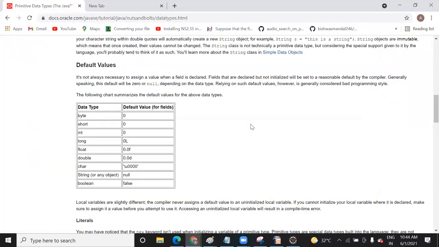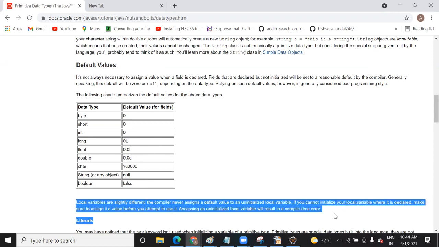So this completely depends on your compiler also, and in which scenario you are writing, whether it is a global variable or a local variable. That's the reason we need to check it once. We can't say it immediately because, as you can see here, they have mentioned that for a local variable it won't assign a value.